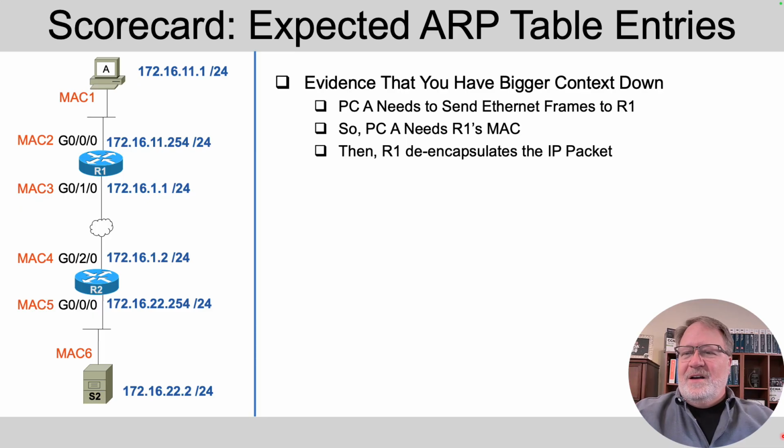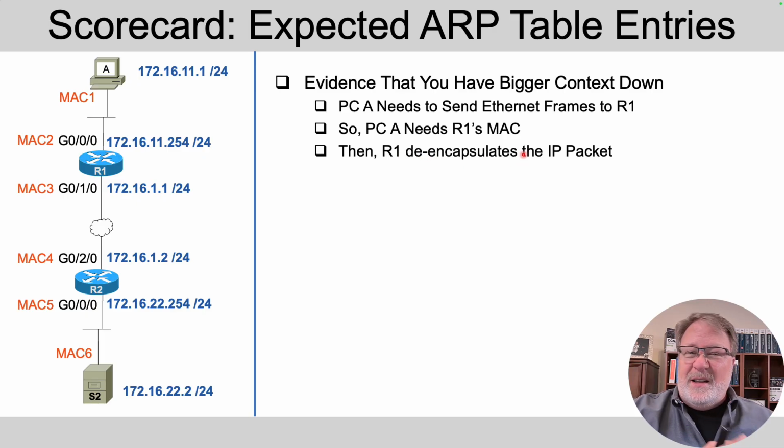of the interview. I'd want you to think, hey, if A is going to send a packet down to server S2, then A is going to need to send packets encapsulated in an Ethernet frame to its default gateway. And that default gateway is going to be R1. To accomplish that, PCA is going to need to know R1's MAC address, and the mechanism for that is ARP. All right. Then when R1 receives a packet encapsulated in that Ethernet frame, the router is going to de-encapsulate the